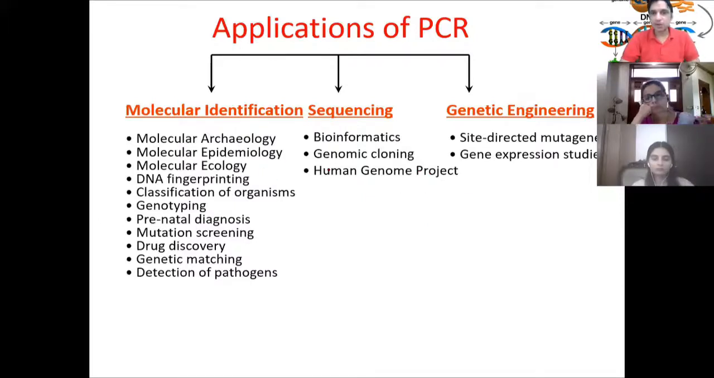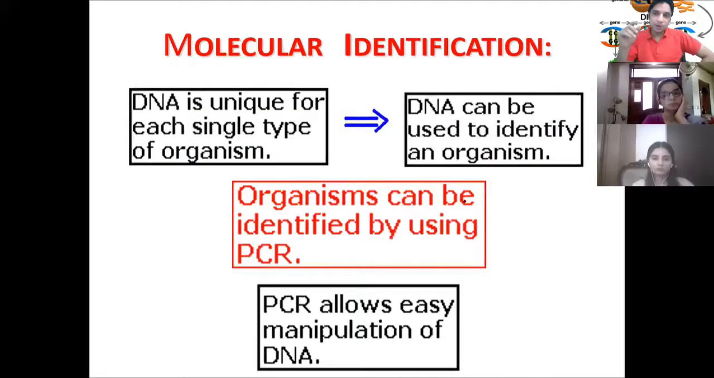So it is used in molecular identification, in sequencing, in genetic engineering as well. So since the DNA is unique for every organism, we might be able to find certain sequences of DNA which are specific for one organism. I'm giving you a very weird example, but it's a very wonderful example, by the way. So one organism from the other is different based on the presence and absence of a certain specific sequence of DNA. Like a donkey is different